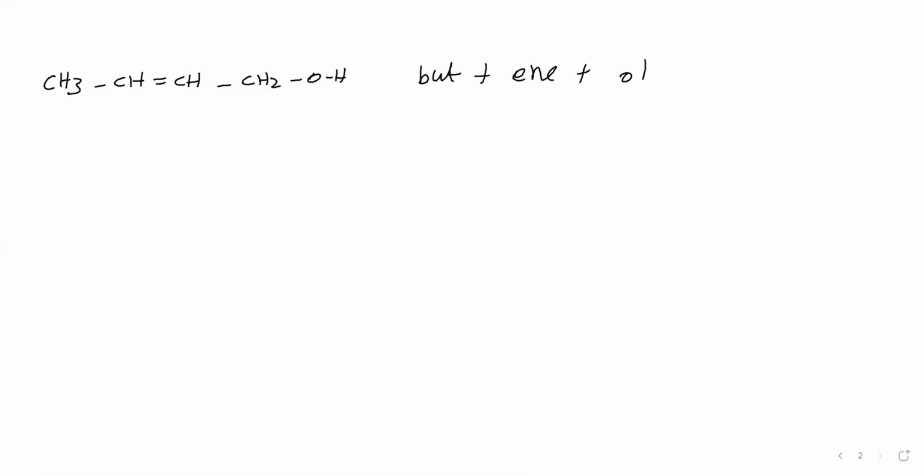So we are giving numbering from the extreme right. Number 1 here, number 2, number 3, number 4. So we have given numbering like this. Here we have given number 2. Now the double bond position is in between 2 and 3. Therefore, we will give the position of the double bond as 2.